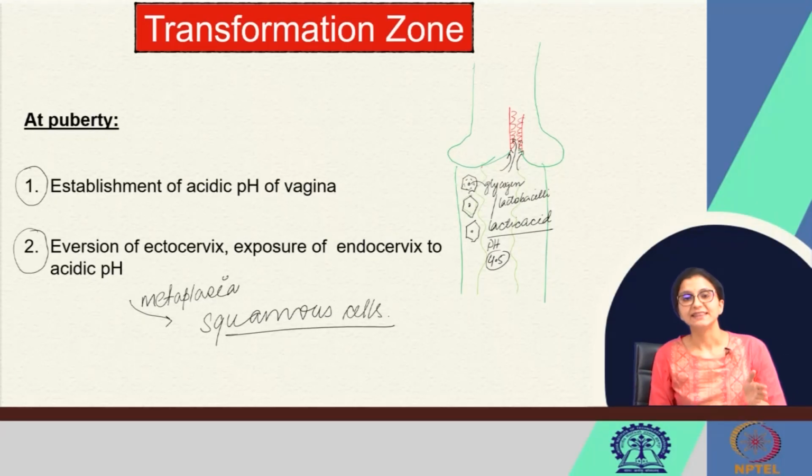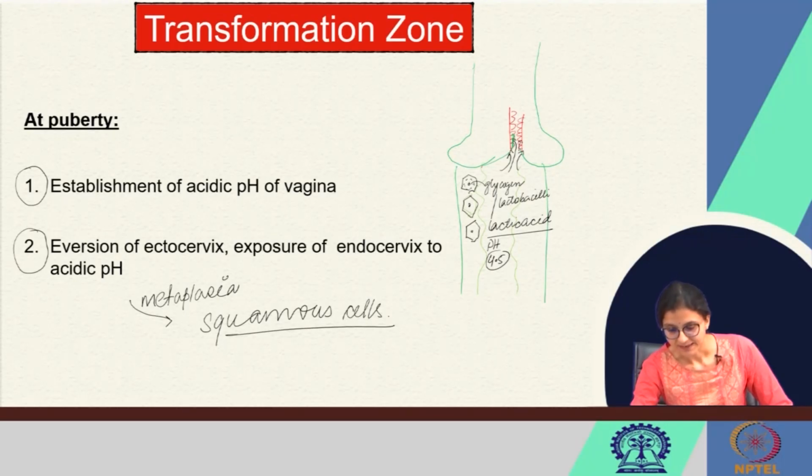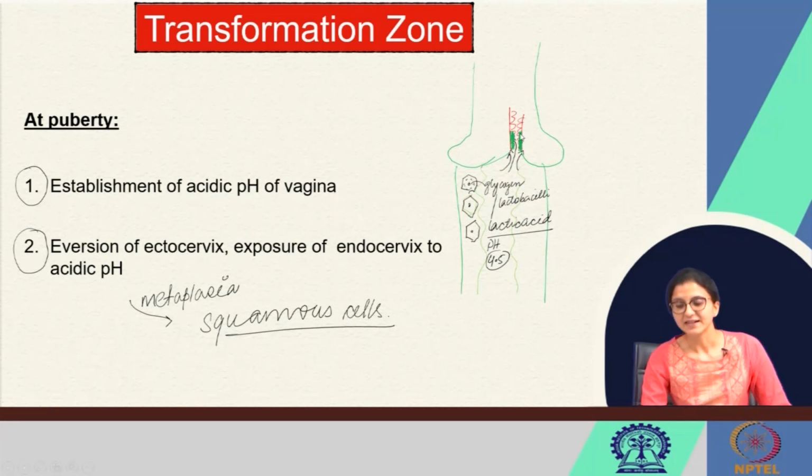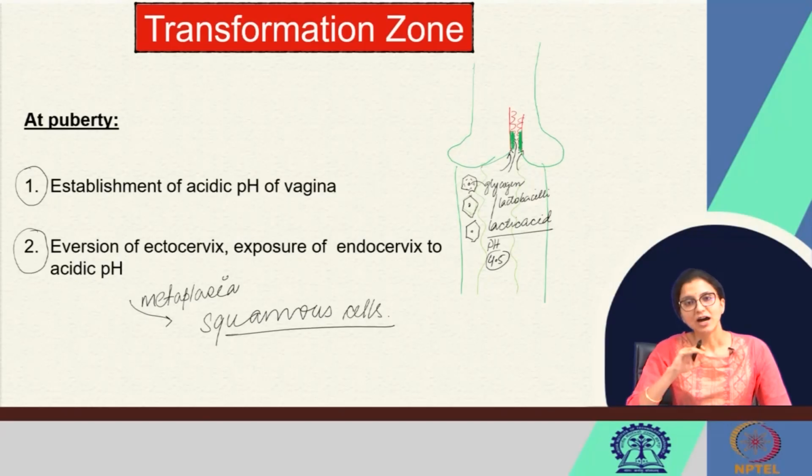This is normal and this continues for decades till the vaginal pH is acidic. That means up to menopause. It continues from 15 years of age till 45 years of age, and this is normal. What happens? The columnar cells which are exposed to the acidic vaginal pH undergo metaplasia and now form squamous cells. So, this part which I have drawn in green, these are the new metaplastic squamous cells. These are mature squamous cells which are replacing the original columnar cells.